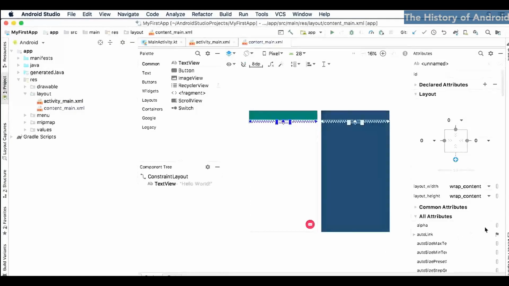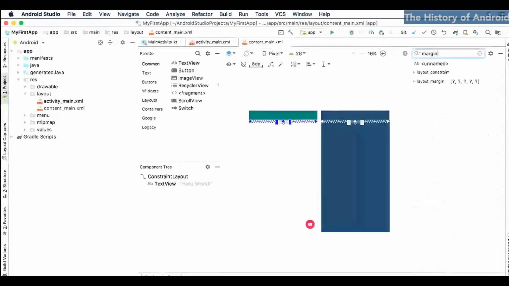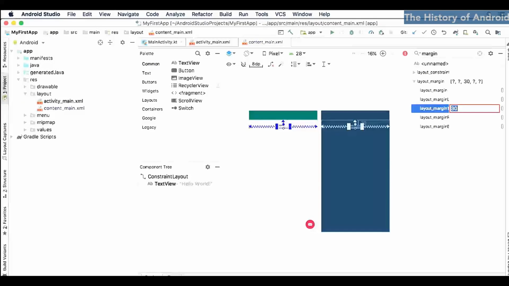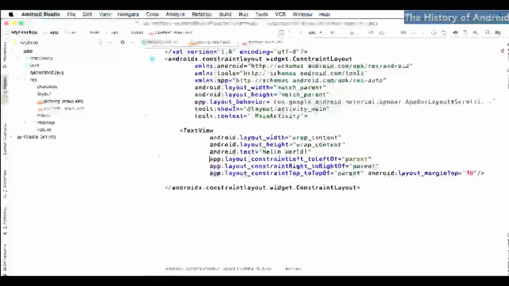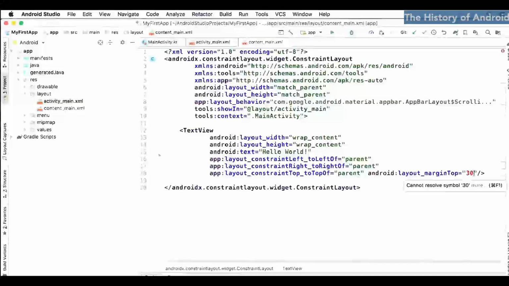Or I can come over here to the Attributes section, and I'll search for Margin. I'll find Layout Margin. I'll open this up, and right here I see Margin T. That's the top margin. And I'll set this to a value of 30. Then I'll look at the resulting code. I see layout margin top equals 30,